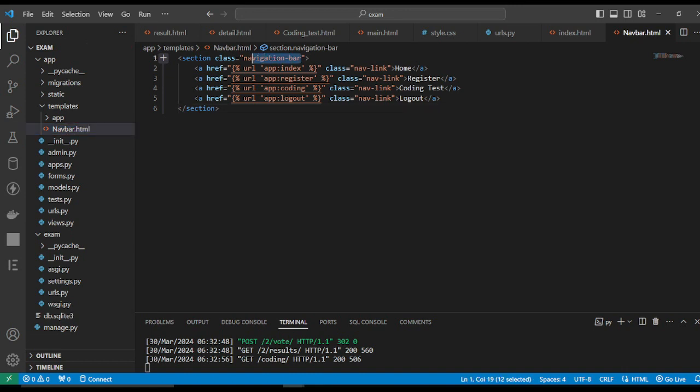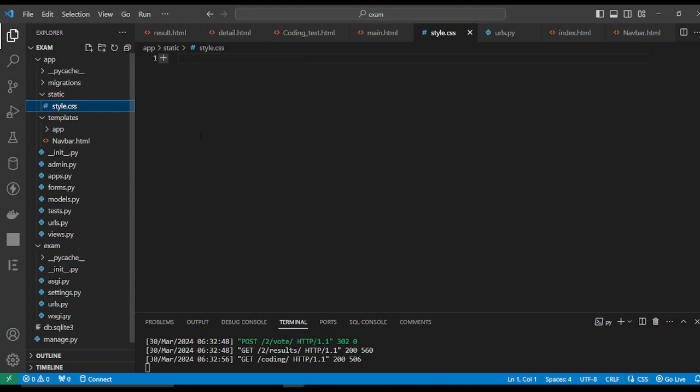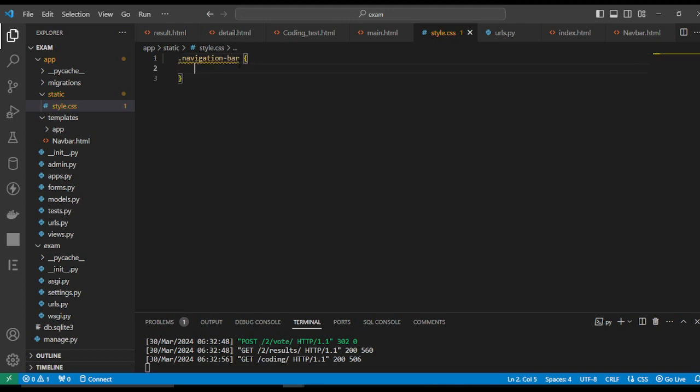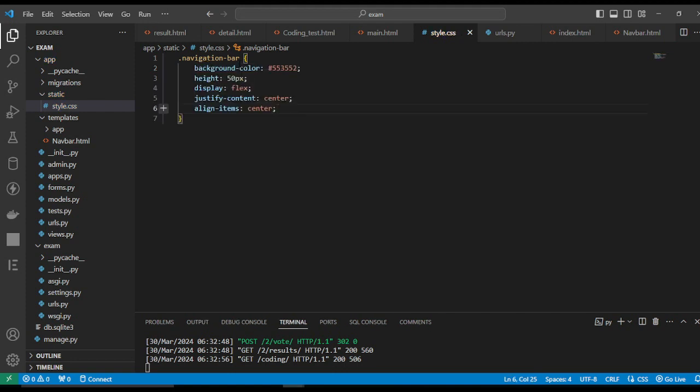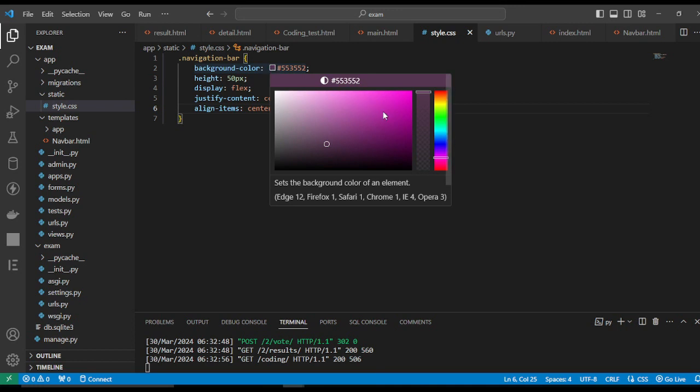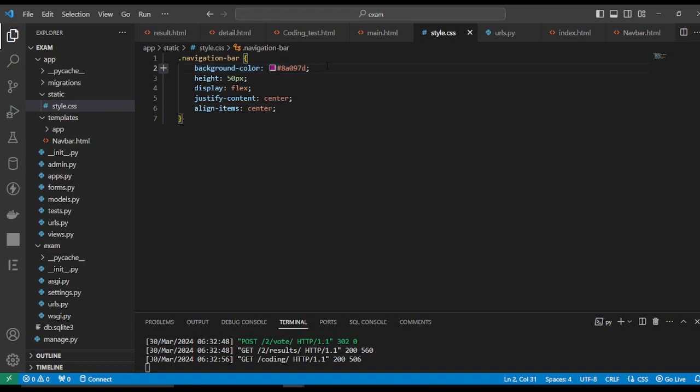So click style.css and write down .navigation-bar. For this one, set background-color, and select this color for the background of this navigation bar. You can select its height,